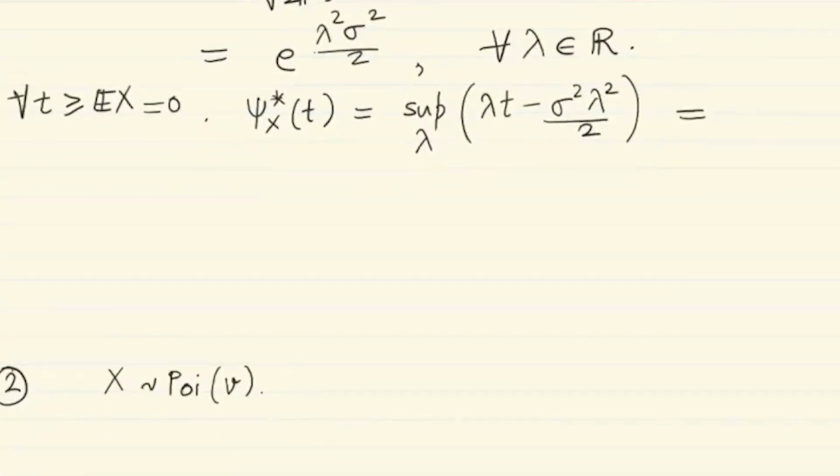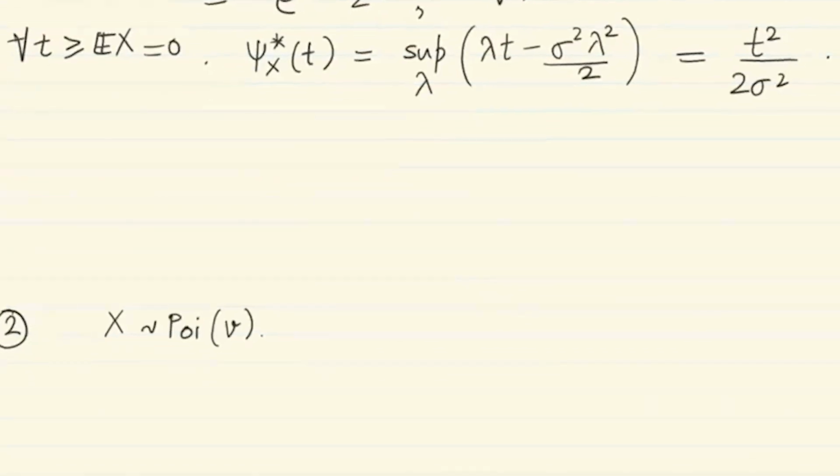This is a simple maximization of a quadratic, which finally gives you t square by 2 sigma square